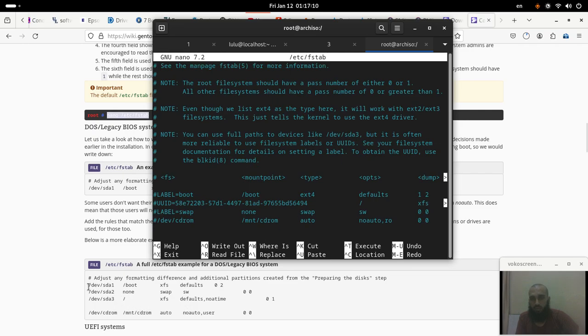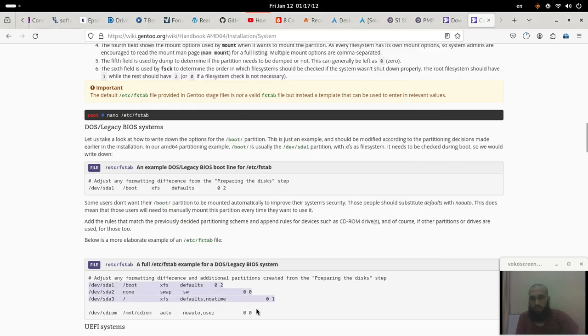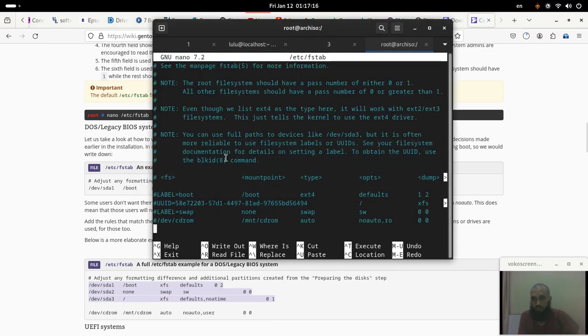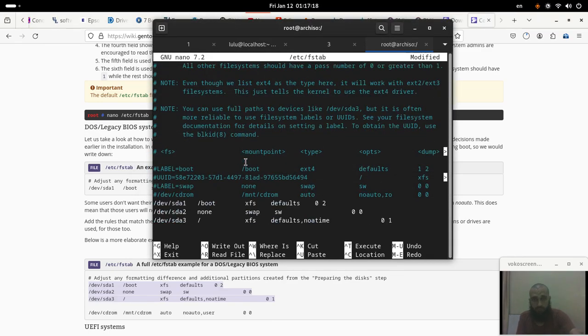So for our boot, let me copy all of this. The boot, it was fat. For this, it's ext4. For this,